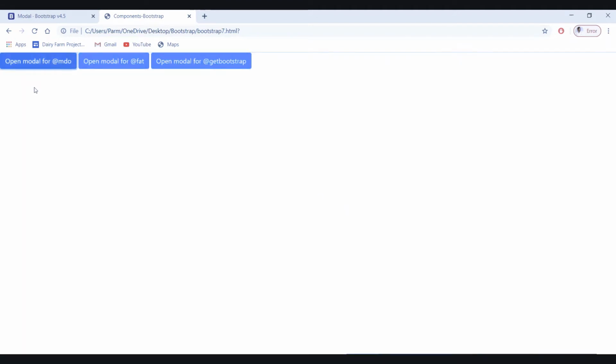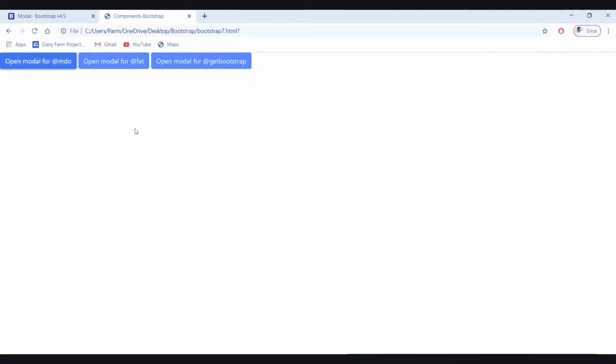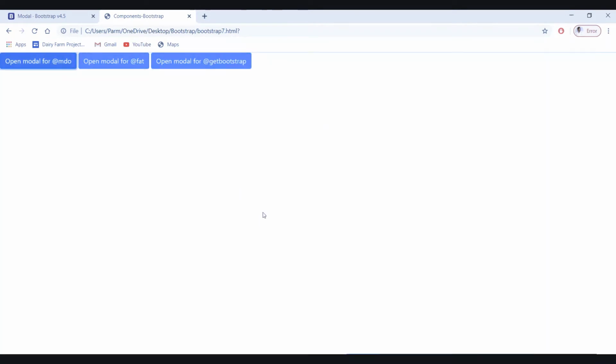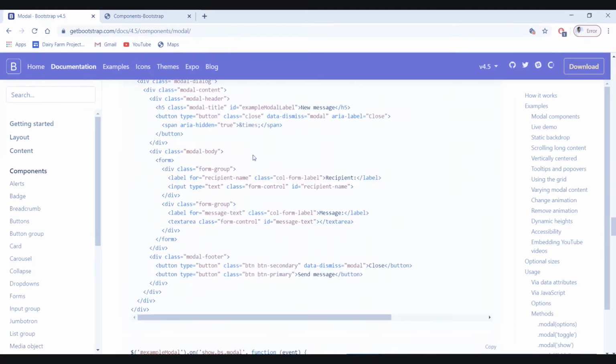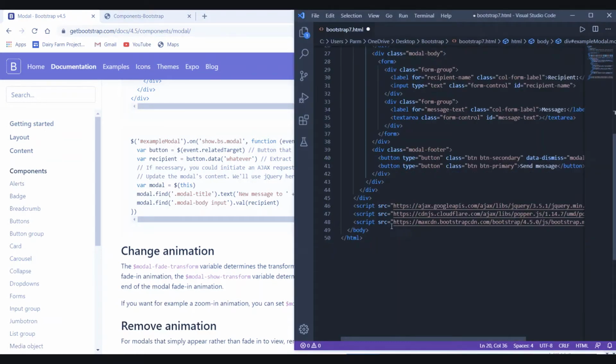So let's close this. If we click any button, the close button works to close it, but nothing else appears. So right now this modal is not working for us. In order to make it workable, we have to include some JavaScript. This JavaScript template is written for this to work, so we will copy it from here and paste it at the end of this.